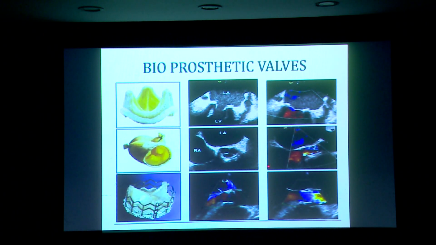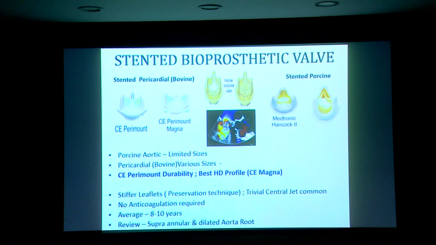What you can see is a little thickening of the annulus here, and you can see the thickening of the sinus of Valsalva. The stented, as I said, there are two types, stented and stentless tissue valves. The stented are the aortic porcine valves. On the right hand side, you can see the Medtronic Hancock, which is the standard aortic porcine valve, placed here, so there are limitations of the sizes used.